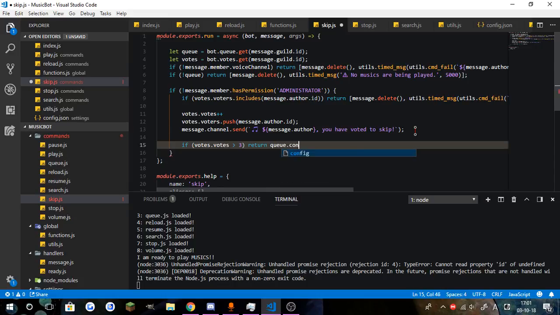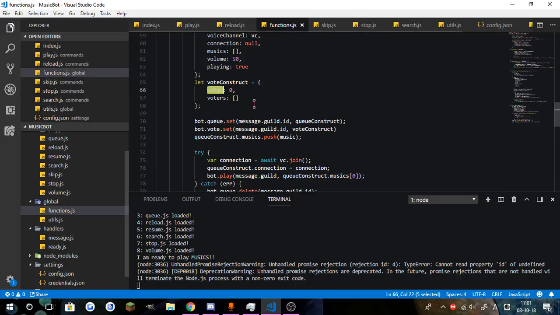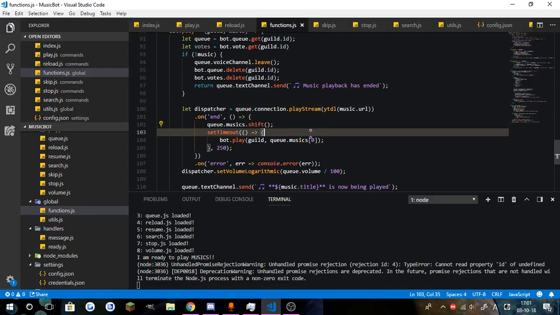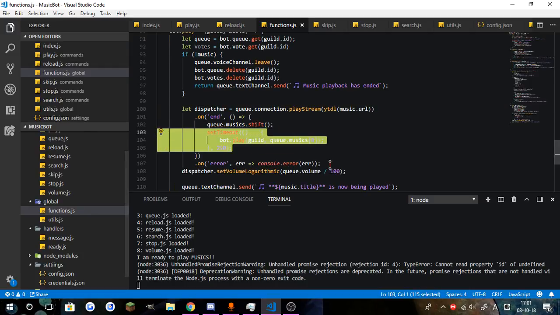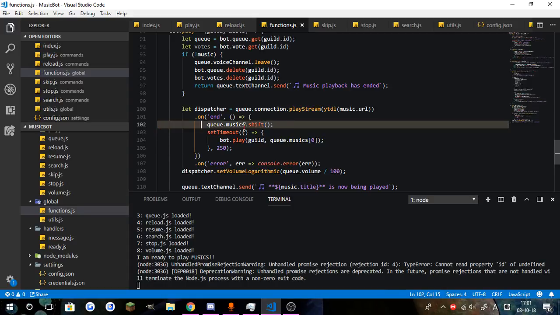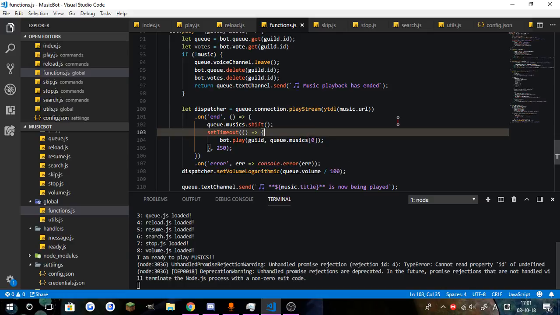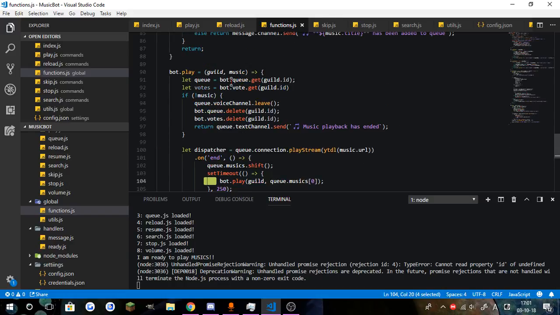We'll just go ahead and queue.connection.dispatcher.end. Basically, this is just going to end the first song, because every time it ends, if it ends, it's going to shift to the next music and play the next music. So that's what it does. But this will only error, and this is basically going to run this here, and just rerun itself. But if there's no music, then it'll automatically go ahead and